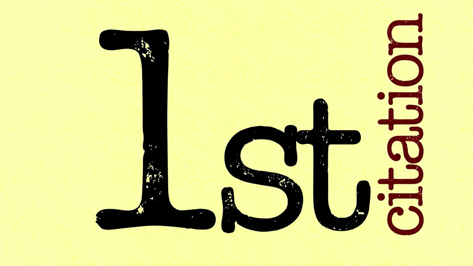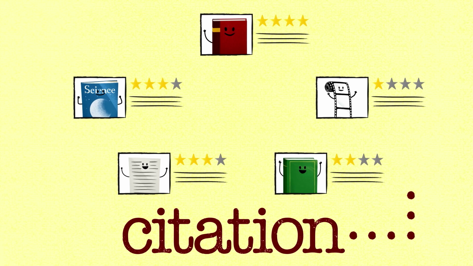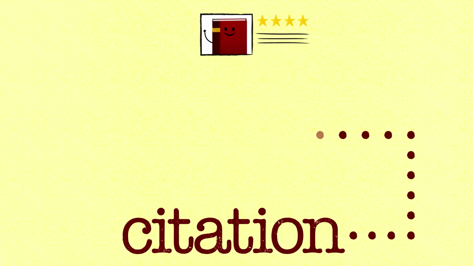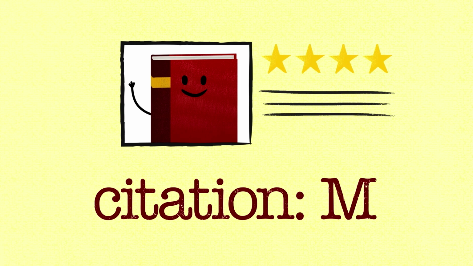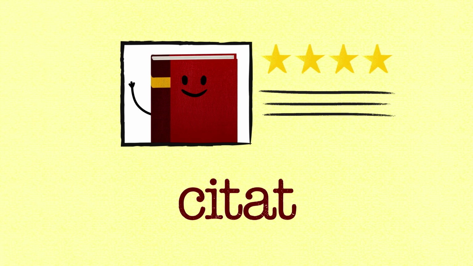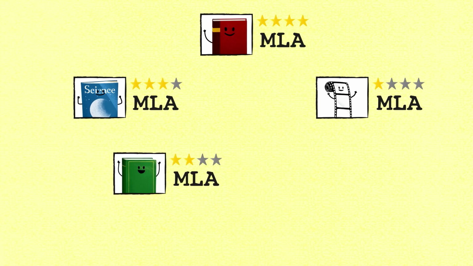First, the citation of the source. A citation is everything you need to know about the source in order to find it again. There are different styles of citations for different disciplines, such as APA, MLA, and Chicago. Use the one for your field of study or the one most appropriate for your assignment, and use it consistently